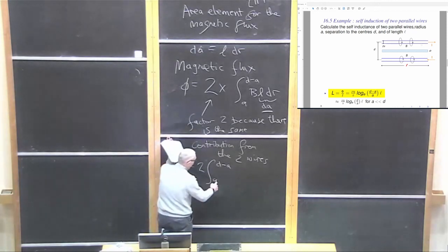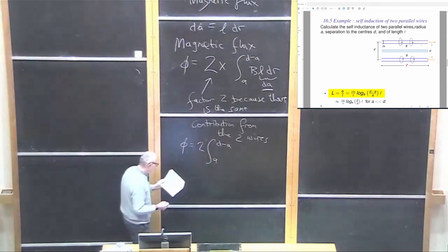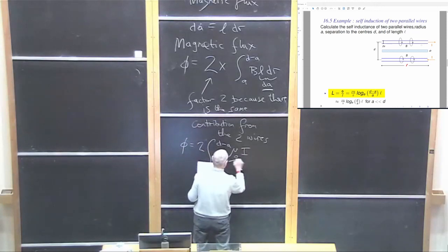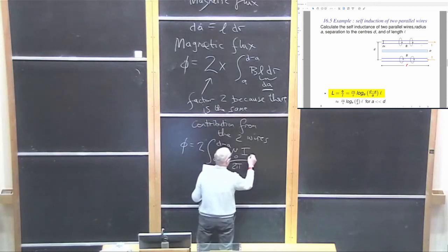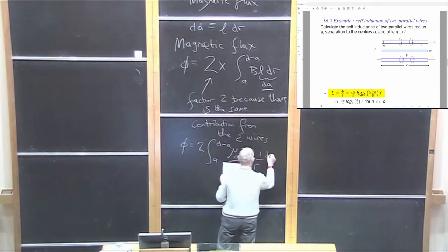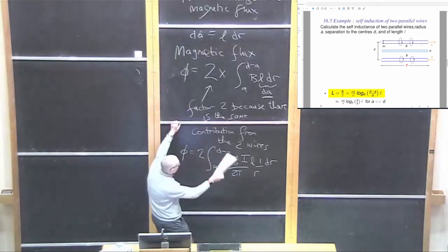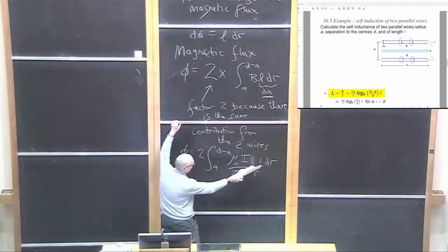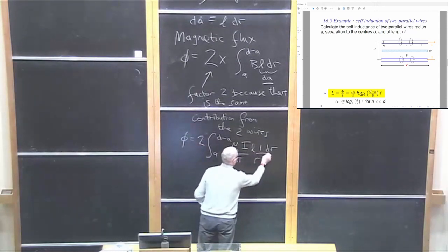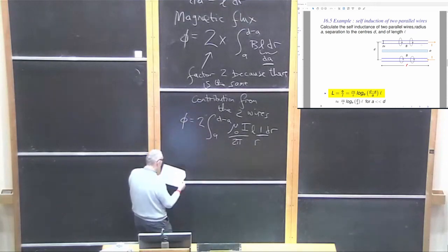So it goes from radius a on one wire to d minus a on the other. And here's the field, mu naught I over 2 pi, L times 1 over r dr. So I just have to integrate that,